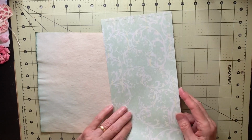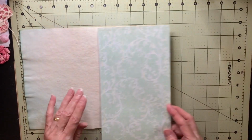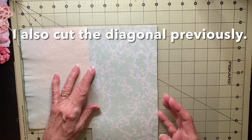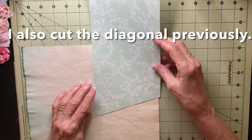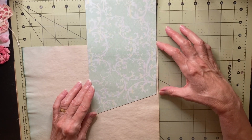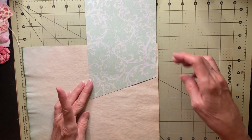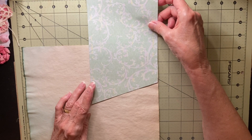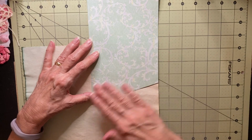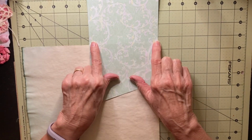This is scrapbooking paper. It's not a very thick piece. What I've already done is I cut the width of the page, which since this is 11 inches, cut this piece 5.5 inches wide. And I went ahead and decided about how far up I wanted this to come. I wanted it about, see, there's my little mark. I was thinking a third, and a third. But I may come down about another quarter to half inch on that so that it fits there and has the belly band there. So what I'm going to do is go ahead and cut this off now